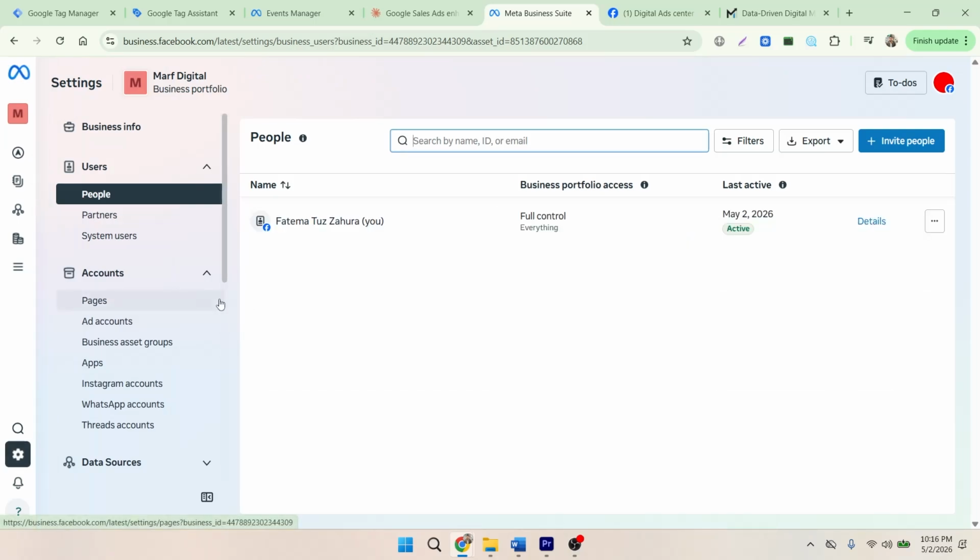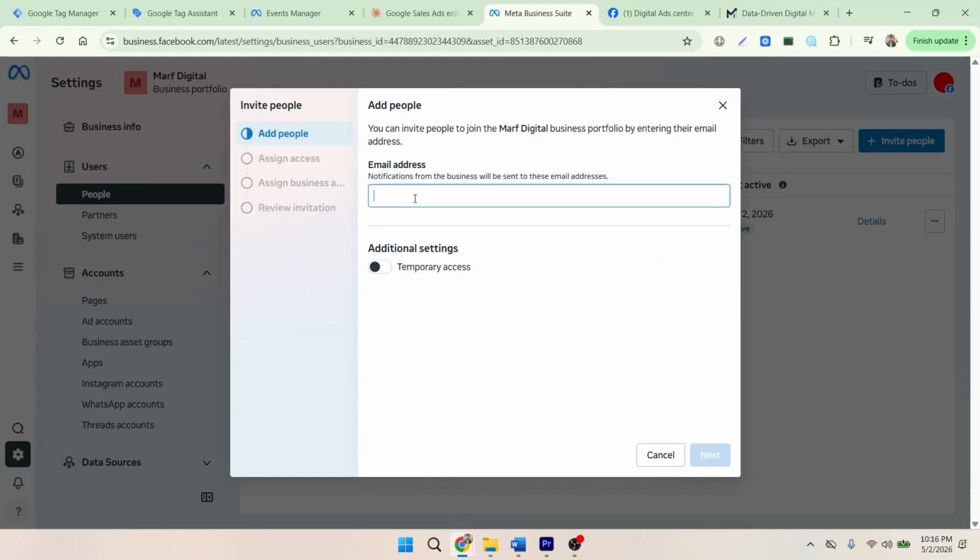From the business profile, click on the setting, and under this setting you can see on the left column that there is a user. So you can invite users from here. First you need to enter your email ID, and then click on the